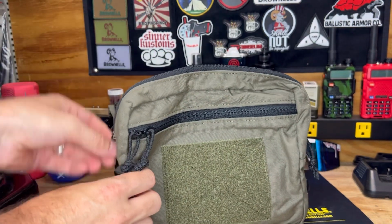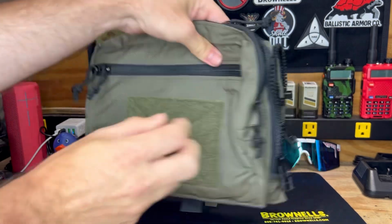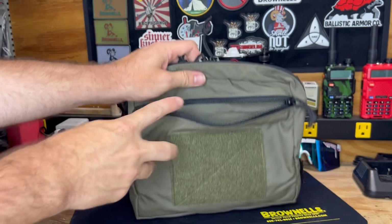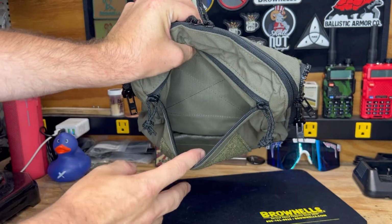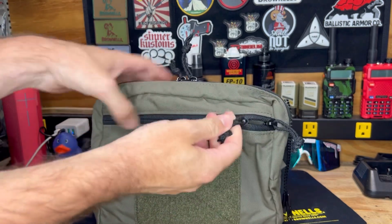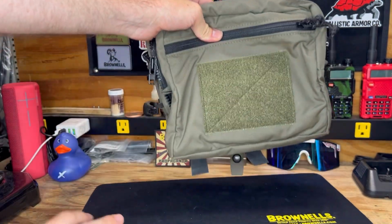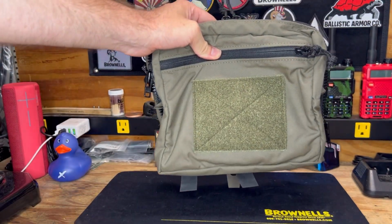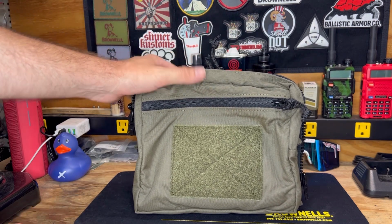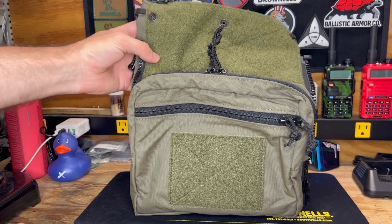Aside from that pouch, they do have on the front here another pretty good sized pouch as well. Just right on the front there, you do have some loop to mount some patches, whether you're mounting your American flag or whichever you'd like there. Up top here,